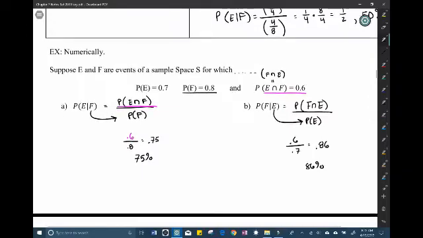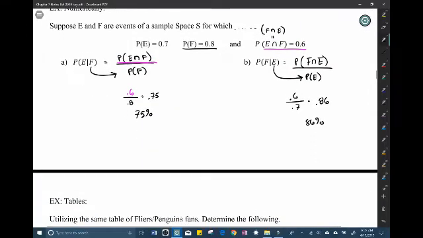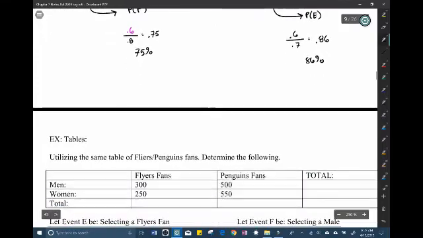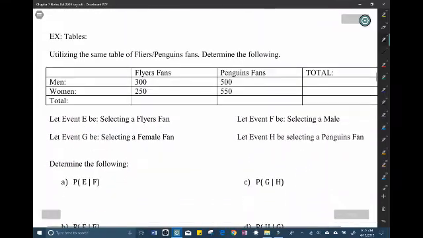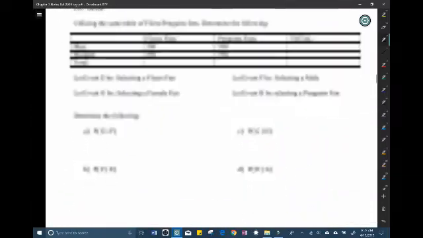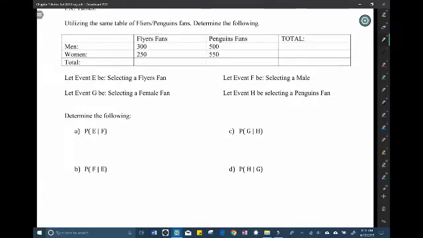Looking at these, again, just memorize that formula. You'll have it for a little bit. Looking at these in terms of tables, let's analyze some of the things here. First, it can be helpful to find our grand totals again. 300 and 250 is 550. This again is 1050, 800,